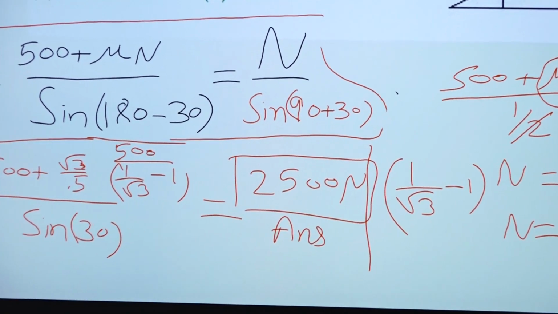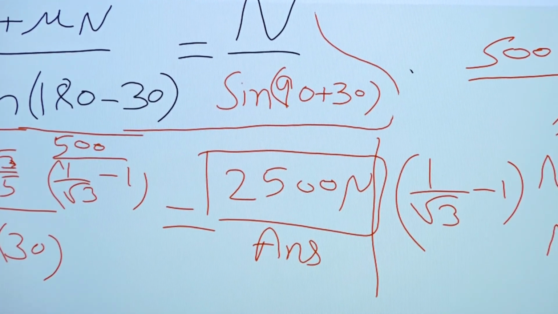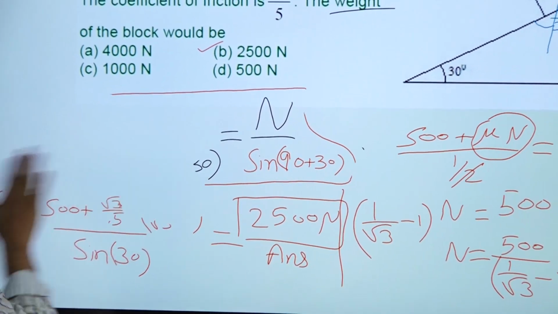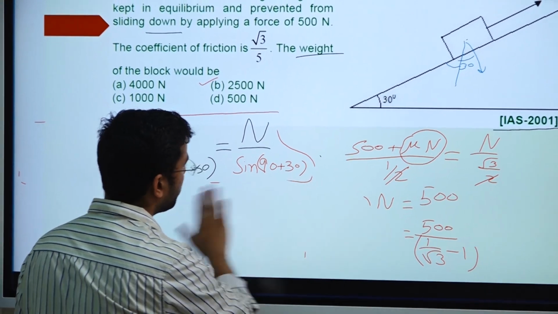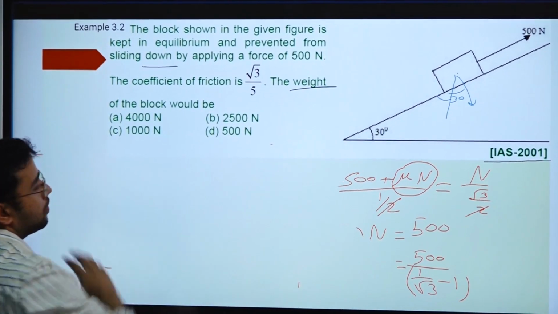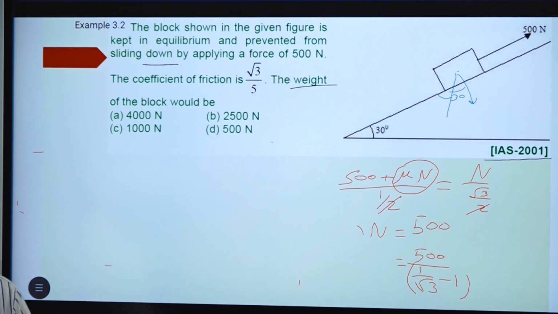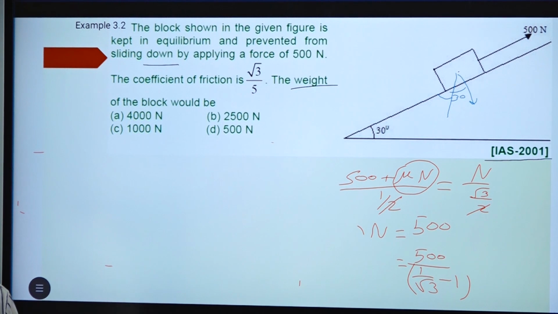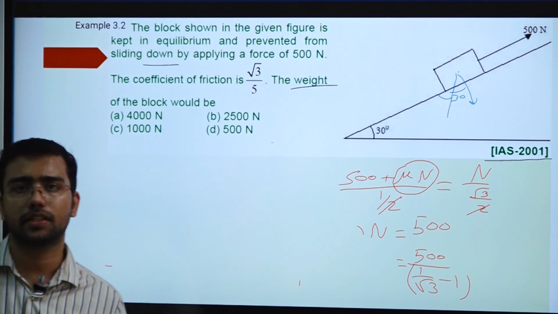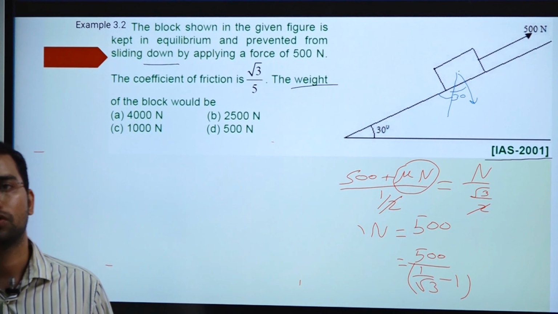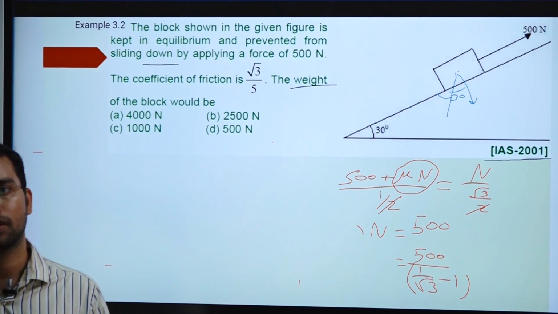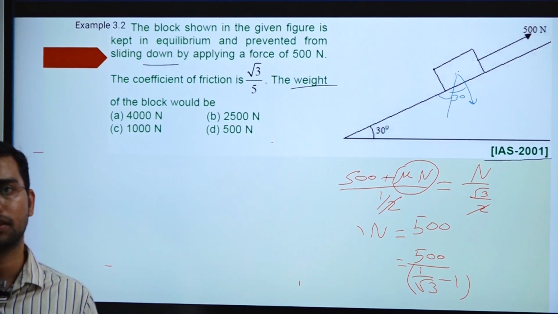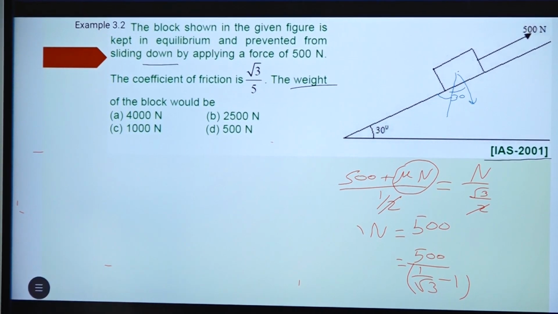Okay, so this question is over. Now we will move to the next question. This was again an easy question. Normally we make mistakes while doing this mathematical solution, so for that we need to do more practice. For that reason I have shared a quiz in the Moodle account. Try to solve all the questions by yourself. Once you solve the questions by yourself, then only you will have that much practice so that you can write the GATE examination.